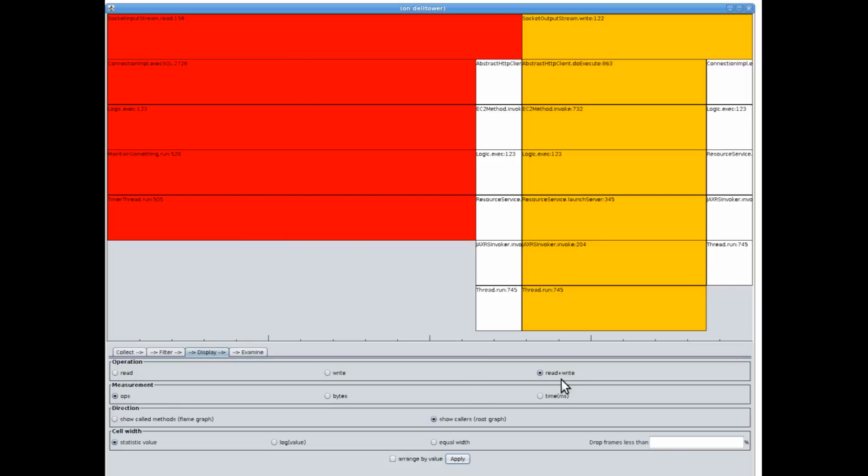At the moment, I'm measuring read plus write number of operations. So I have a little more than half by this call stack, a very small amount in this call stack, a little less than half here in this 3rd call stack, and a very small amount in the 4th call stack. If I change the measurement to bytes,